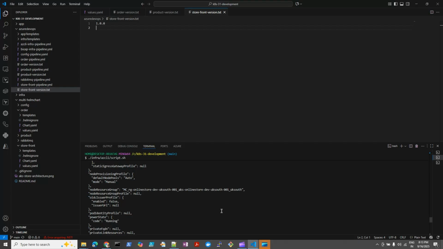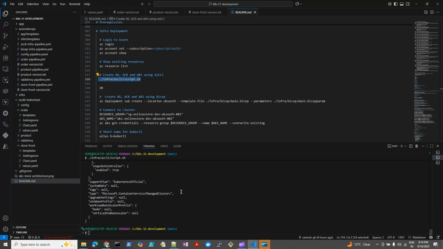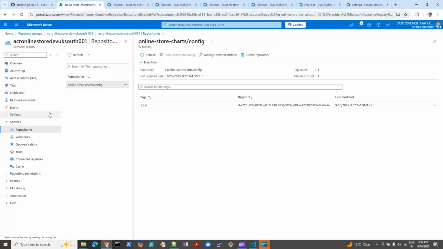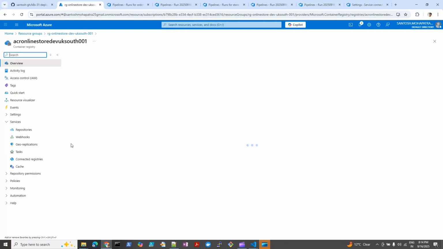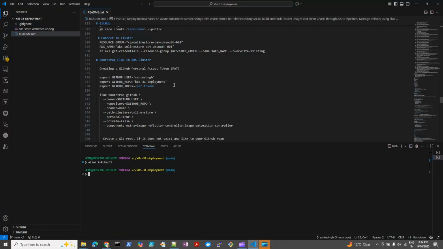So what I did initially, I have already started the infrastructure. If we go to the command line here, you can see I have this script that I have already run, and this is already provisioned. My Azure Container Registry and the AKS cluster both got created. Also, since we are using Azure Pipeline for pushing the Docker images and the Helm chart